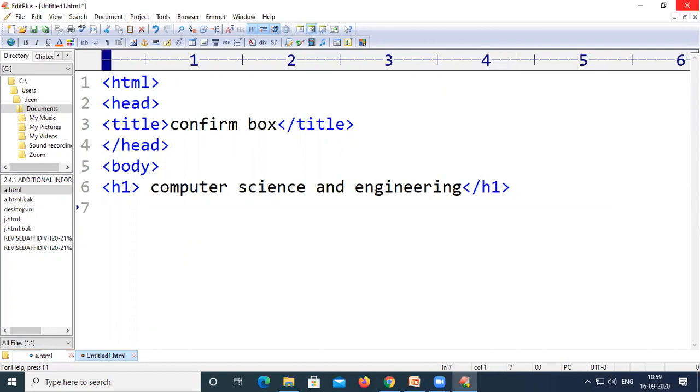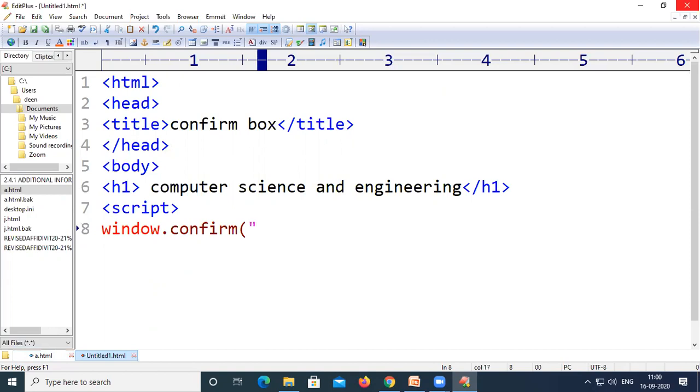Now I want to make use of the script tag. In order to write the JavaScript code, I need to include the script start tag and end tag. Within the script tag, if I want to create a confirm window, I need to call window.confirm.